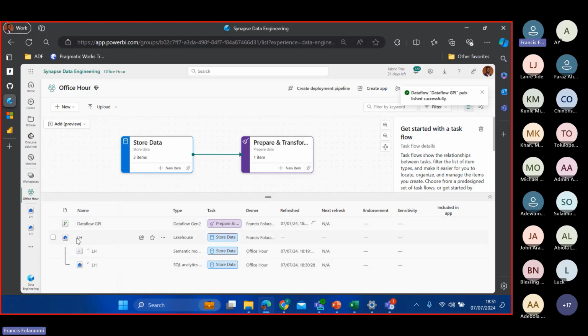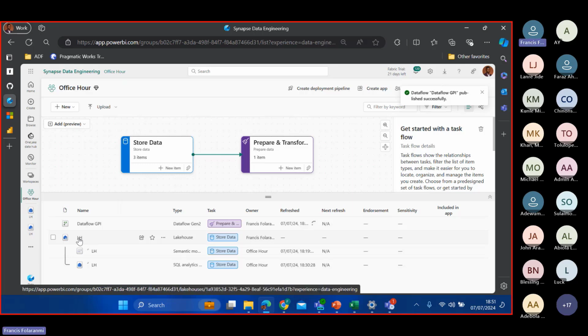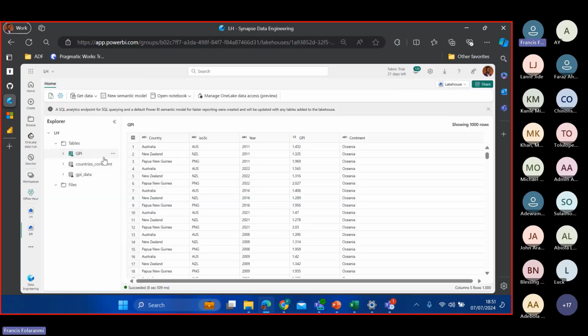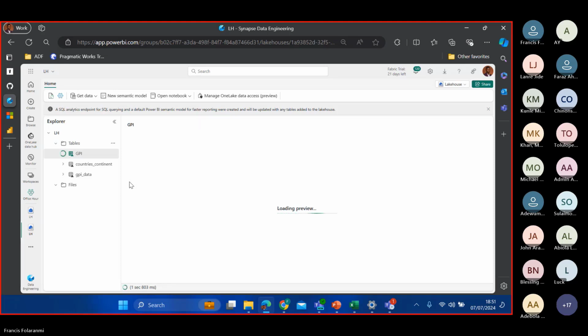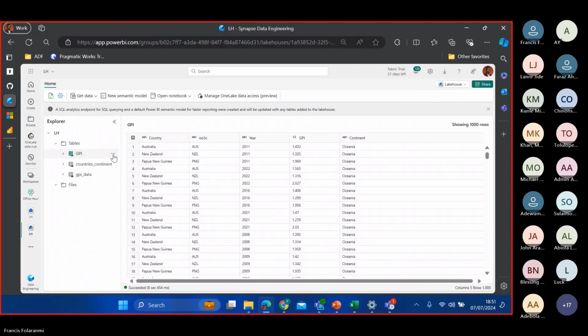Let me go into my lakehouse and see if I have my data type updated now. So I'll click on refresh. Let's give it a while to load.